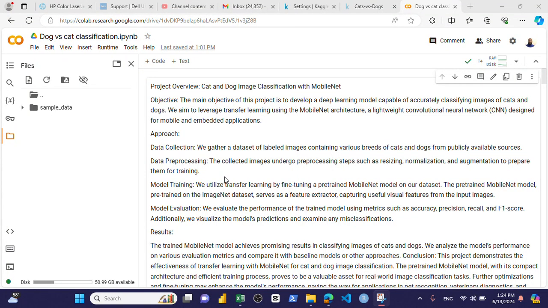Today we're going to be talking about how to develop a deep learning model capable of classifying images of cats and dogs. We're going to be using a pre-trained model called the MobileNet architecture, a transfer learning method. And we're also going to be comparing the transfer learning